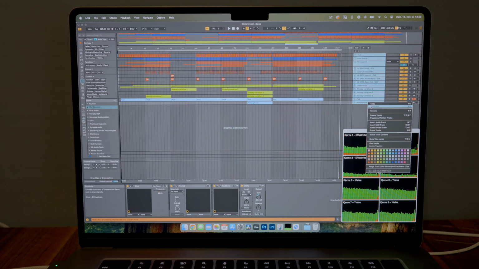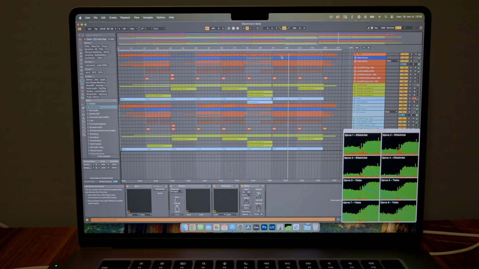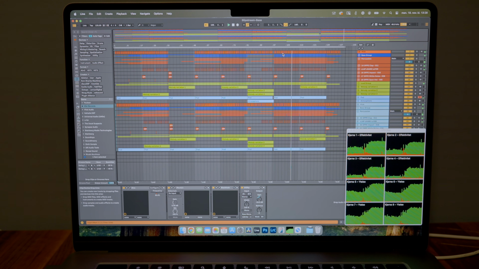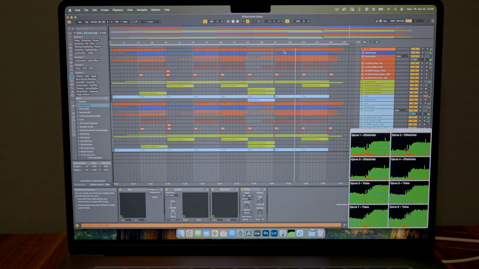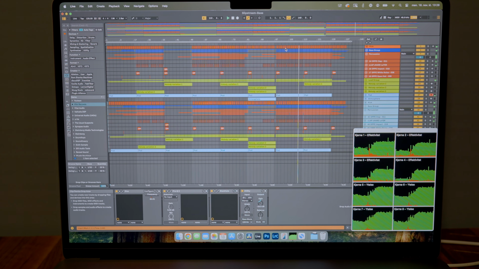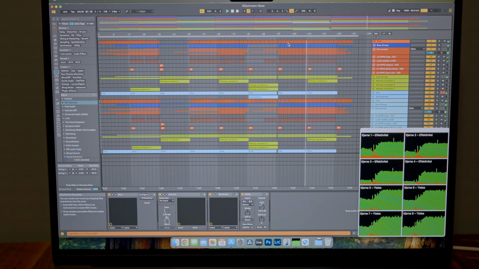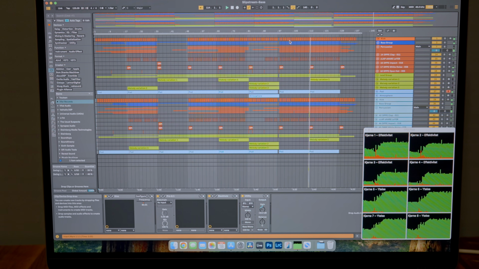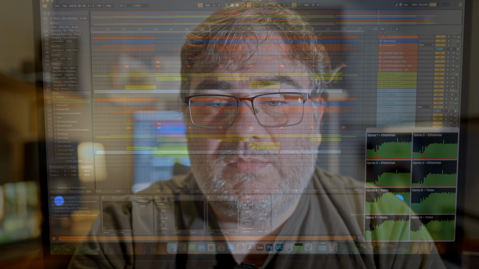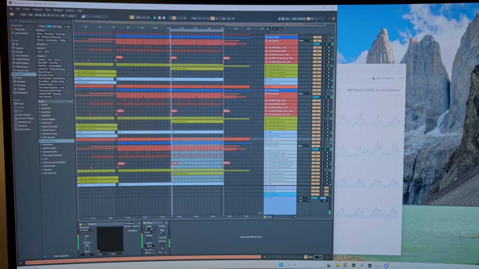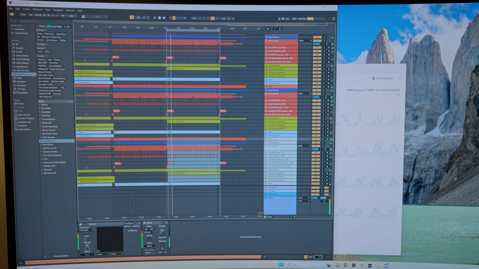The next thing I did was duplicate the entire project to see how many times I could duplicate it without getting any crackles or sound problems. On the MacBook Air, it could barely play back some of the parts without crackling after duplicating it one time, but it was right on the edge, and you can hear some crackle in some busy parts of the track. On the PC, however, after 3 duplicates, so that's 4 copies of the track, I started hearing crackling,